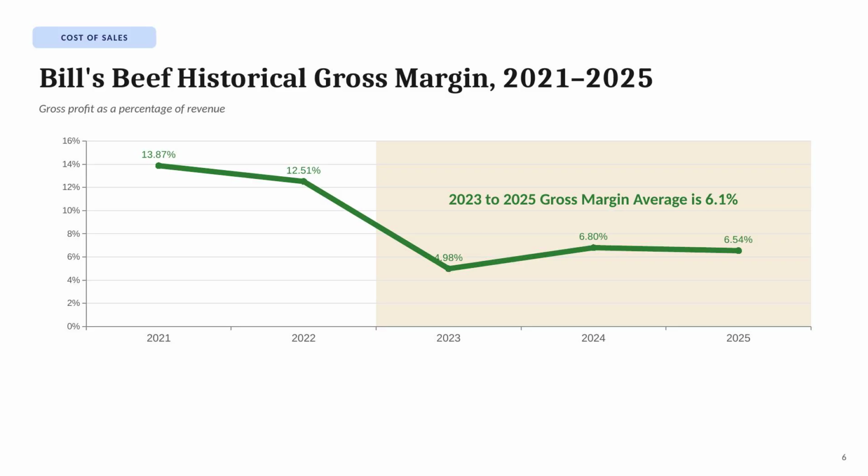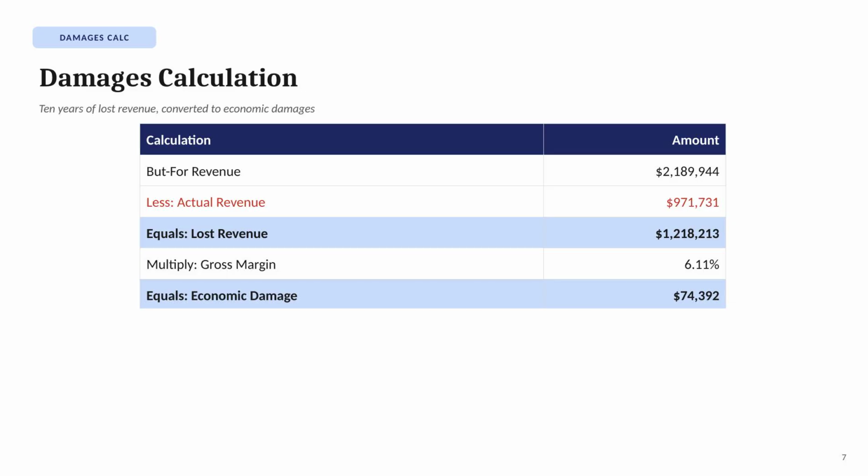Gross margin is the percentage of profit Bill's Beef earns on every dollar of revenue it earns. As indicated on the chart, gross margin stabilized from 2023 through 2025 at an average of 6.1%. Lost revenue of $1,218,213 multiplied by gross margin of 6.1% results in economic damage of